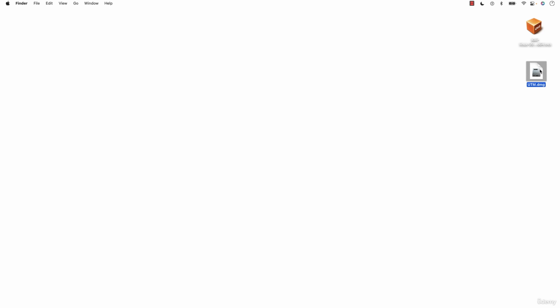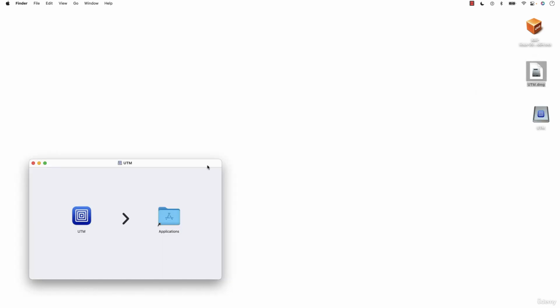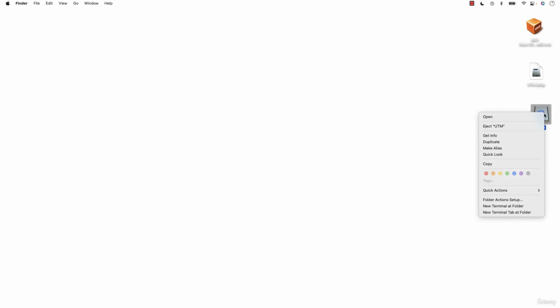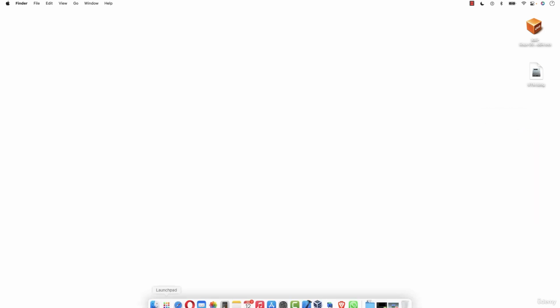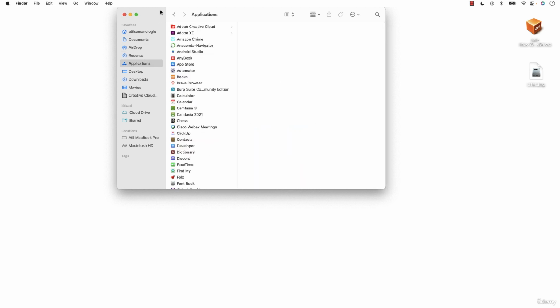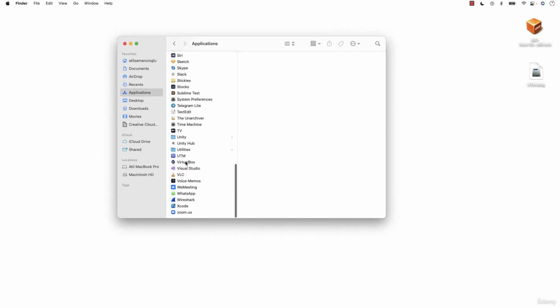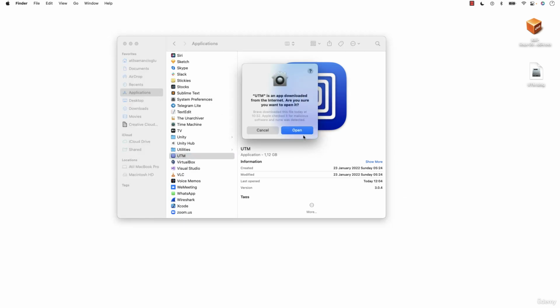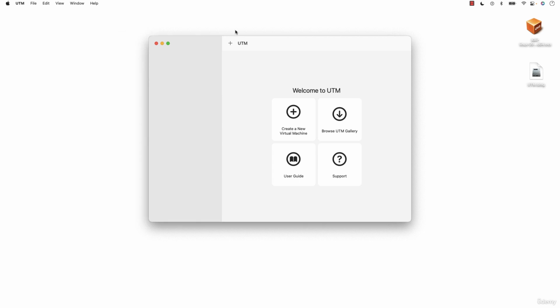So I have downloaded it already. Okay, and I'm just going to show you how to install it. It's pretty easy. You're just gonna have to drag and drop the application to the applications folder, and that's it. So there is nothing specific to installation, but the usage of the UTM is a little bit different than the VirtualBox itself. So let me go to applications and find the UTM for you. Yeah, here you go. Double click on it, double click on the UTM. It will ask you if you really want to open that up, and just open that up,